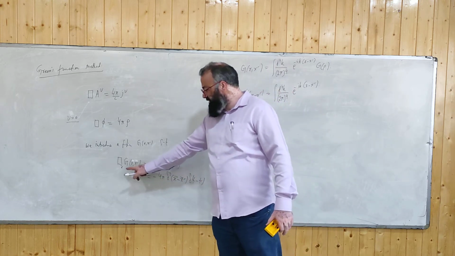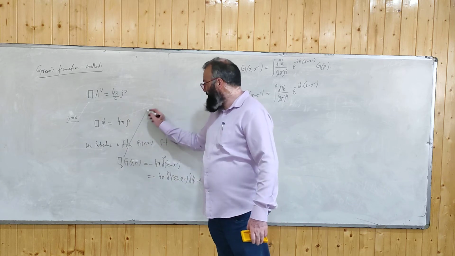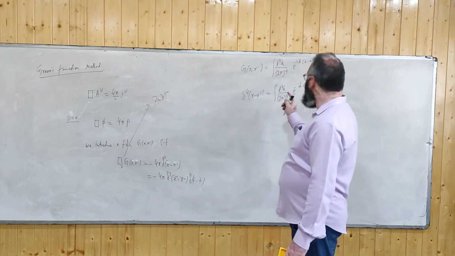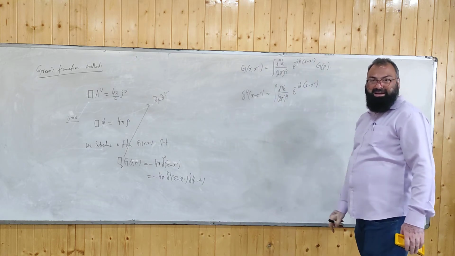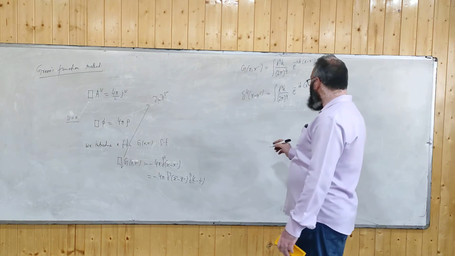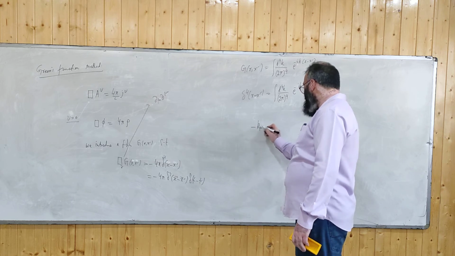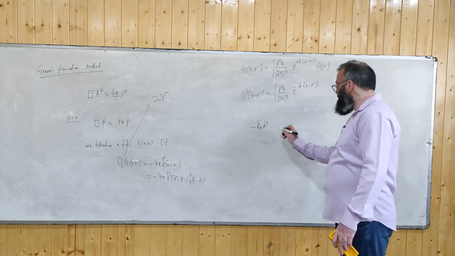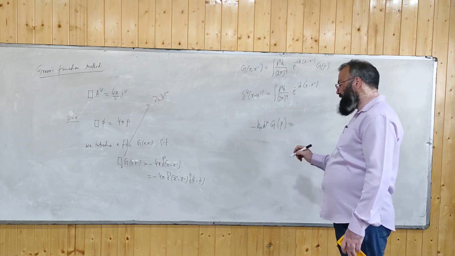This is the differentiation with respect to x, so this object is partial mu. When you act twice, it will be minus i k mu, minus i k mu, minus and minus, plus, i squared, minus. So you will be getting minus k mu k mu, then g(p), that's equal to